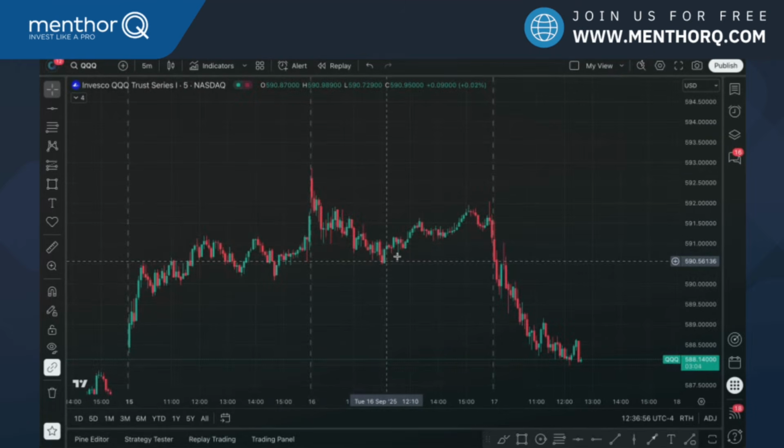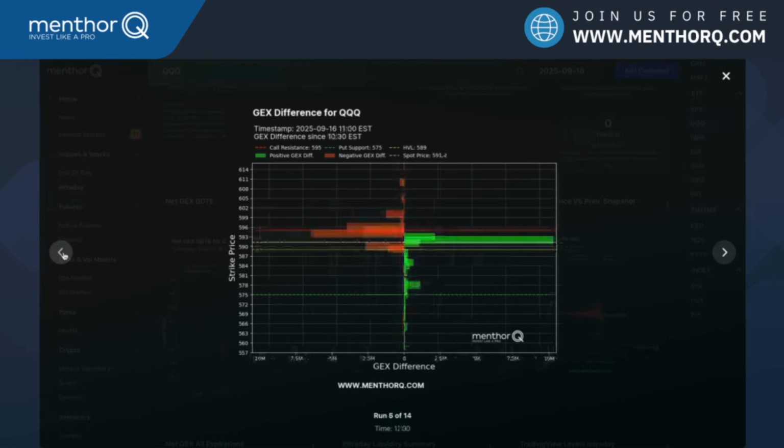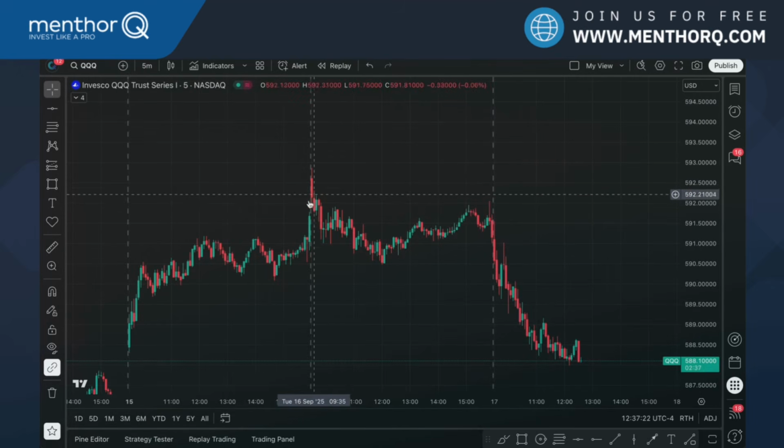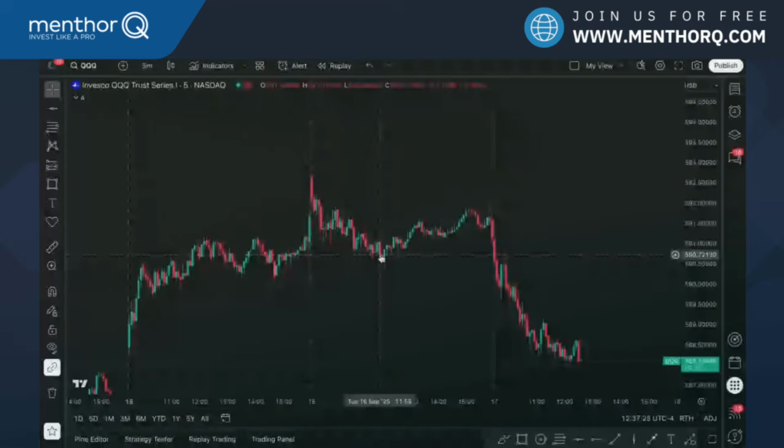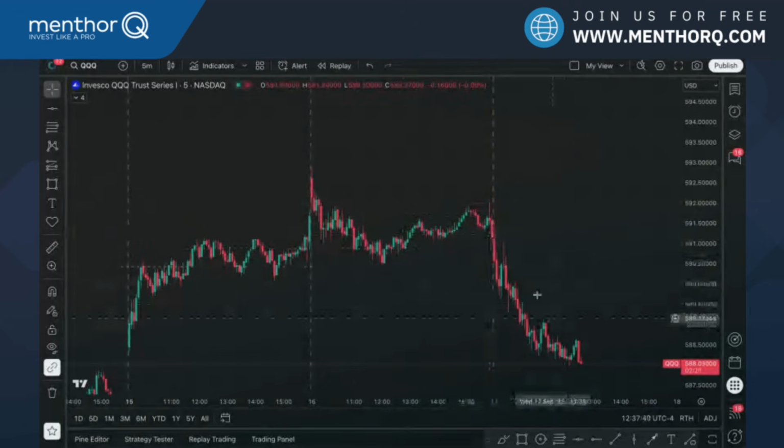So what's the takeaway from this? You can always use this data to understand how flow changes throughout the day. And whenever you see a shift in positioning from red to green, which is from negative to positive, you can use this data to confirm your trade potentially, or even to decide whether to take the opposite direction. So for example, if you were short here, you could have exited when you saw the change in gamma at around 12:30, 12:45. So this can give you an idea of how you can manage the trade throughout the day. And then again, we can also look at how it is with today.